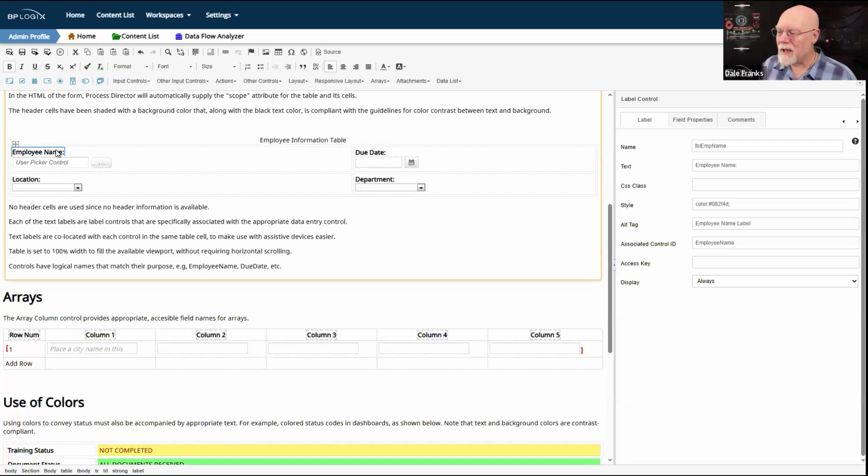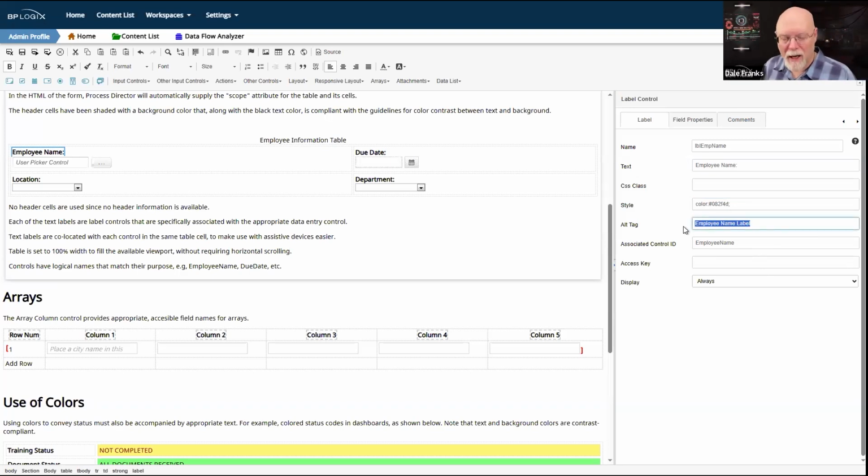So this label is employee name. It has its own label name. It has its text that I want to display, which is, in this case, employee name with a colon. It's got its style, which is our BP Logix dark blue color 082F4D, and it has an alt tag.